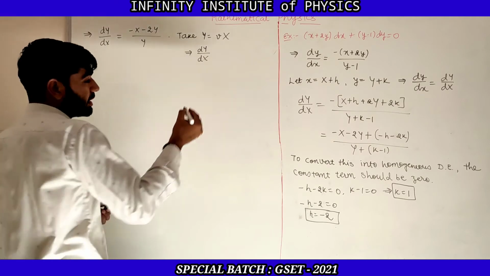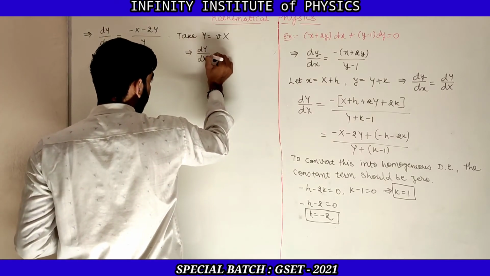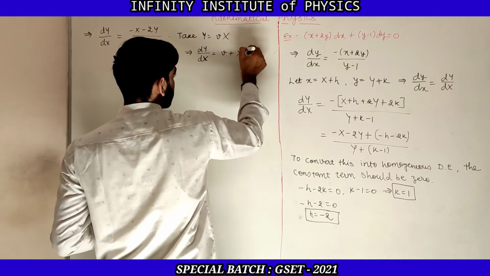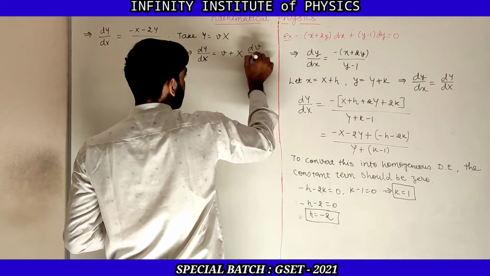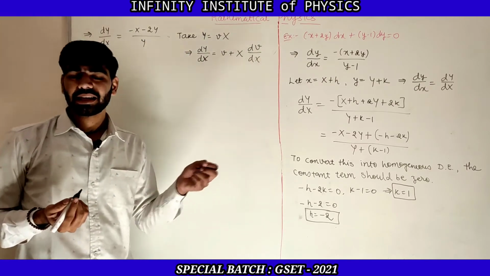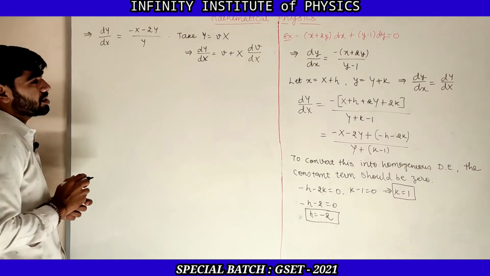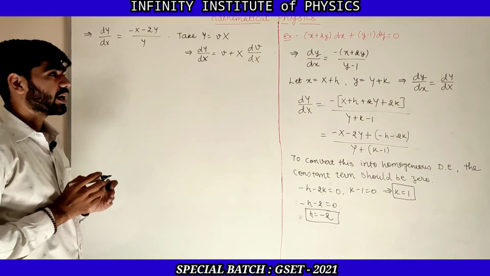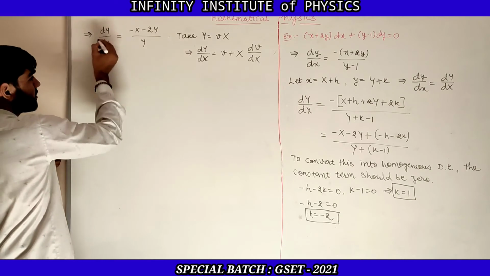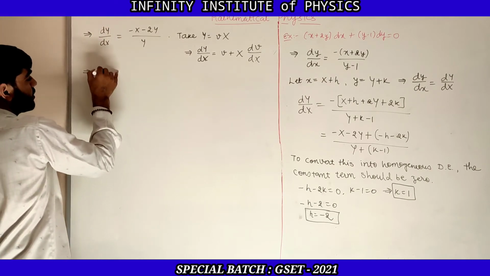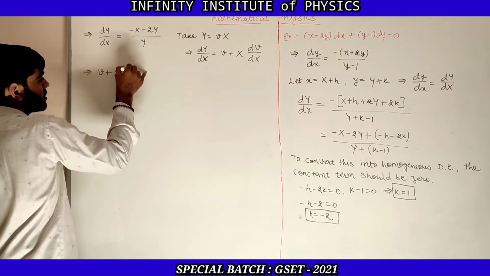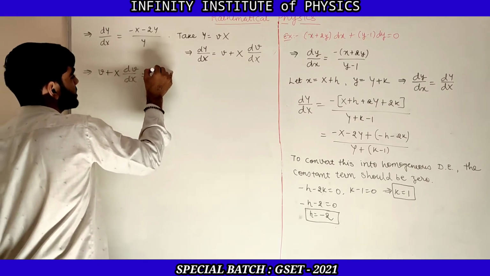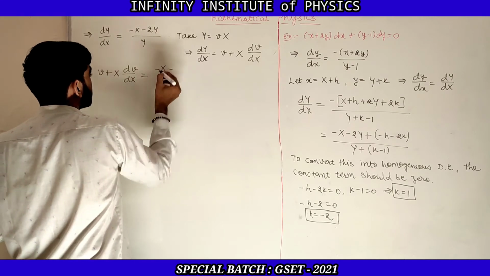differentiation, then d capital Y by d capital X is v plus x into dv by d capital X. Same as the last case of homogeneous, just we have that notation difference, that is capital Y and capital X. So now put those values in this equation, then it will be v plus x dv by dx, which is equal to minus x minus 2